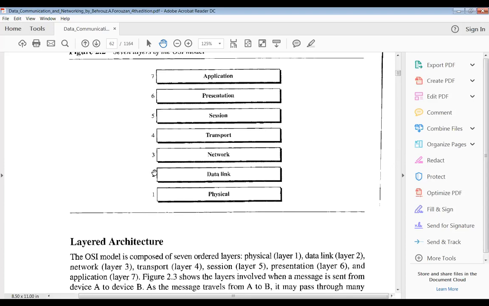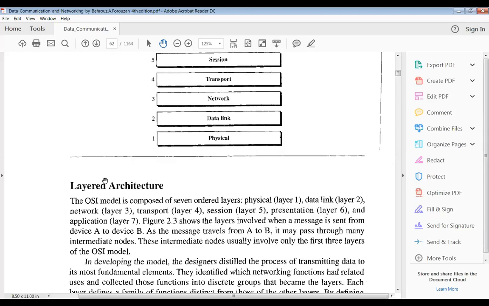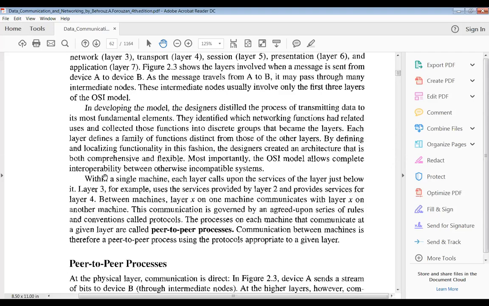The model name is the TCP/IP model. In that model they categorized only 4 layers, but later on they were categorized into these 7 layers. That means some functionalities and tasks were clubbed in one single layer. That is the reason they categorized it like this. So that is the concept of layered architecture.